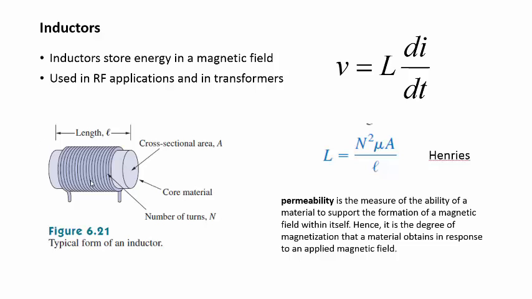So a magnetic field is going to be formed by current going through this wire, and if I have a material with a high permeability, like a ferrite material, then it will concentrate the magnetic field in the core material. So it will support a higher, I want to say intensity, but it's not really intensity. It will support a higher concentration of the magnetic field in the material. So it's a degree of magnetization that a particular material can support in response to the applied magnetic field, which is created by the current